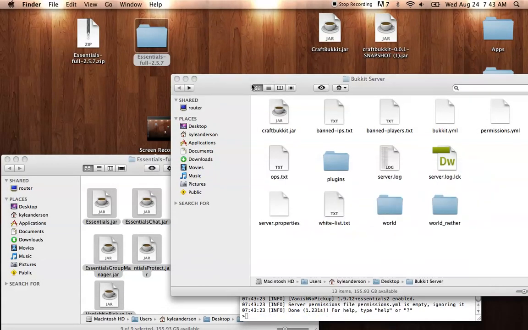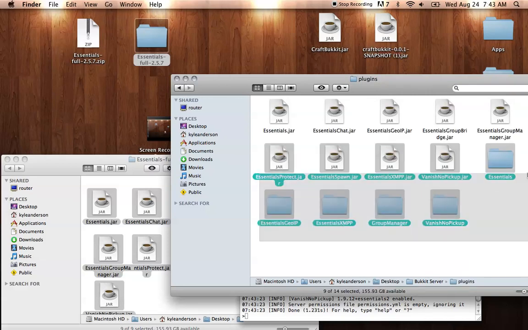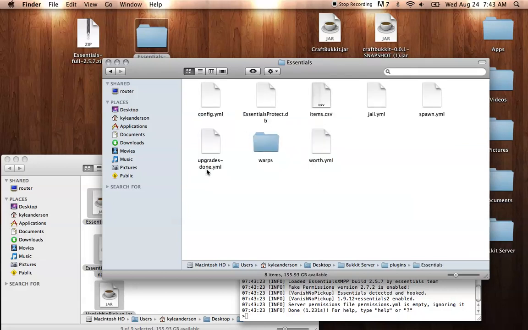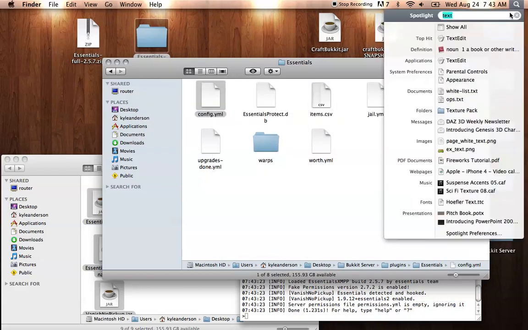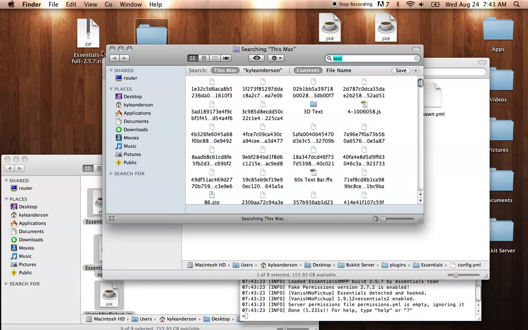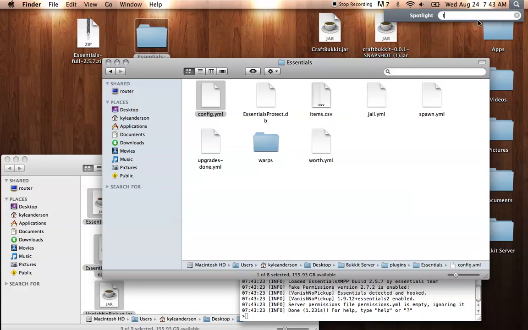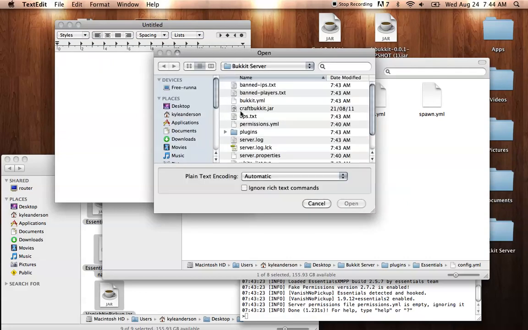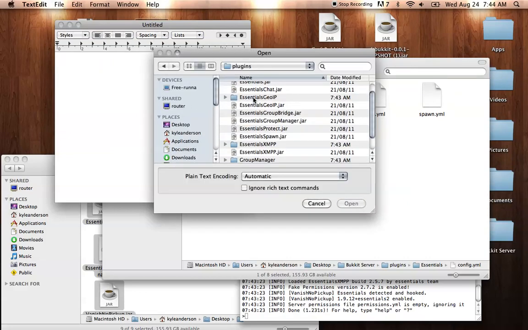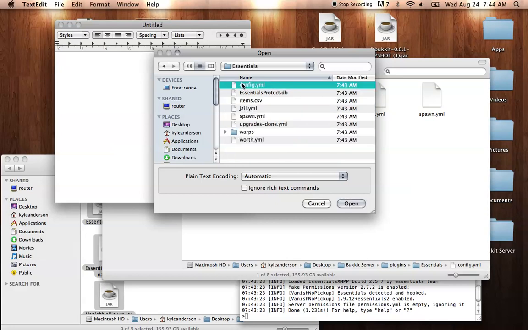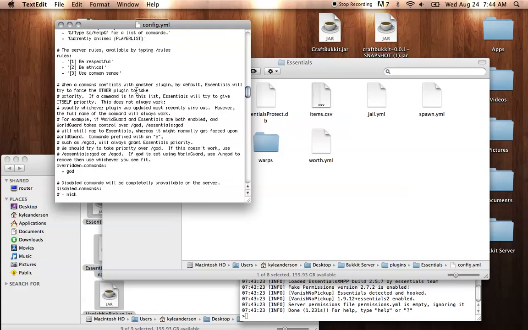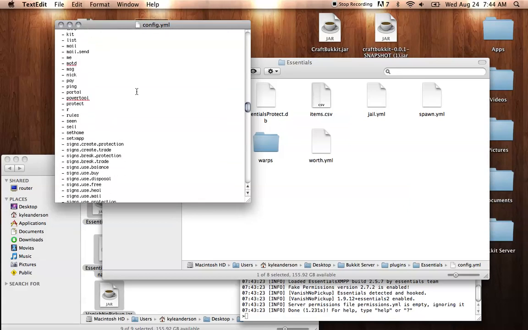And then when we go back into this Bukkit folder and plugins, there'll be all these folders, and you can go into all these folders and edit it all, like Essentials. All these things. There's a config. Open with. Oh, it's going to do this to me again. TextEdit. Open. Where's craftbukkit? Oh, okay, already in it. And you want to just open this one, and you want the config, and then it'll come up with this. And then you can change everything you want, but be careful. I changed some stuff and then it got really annoying,